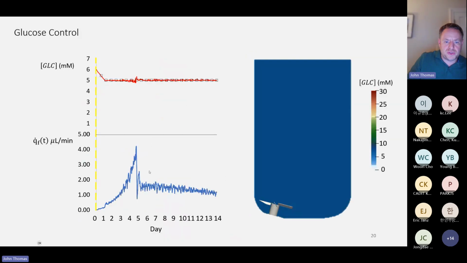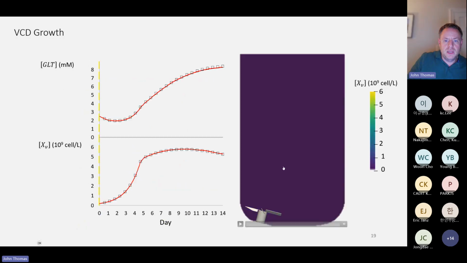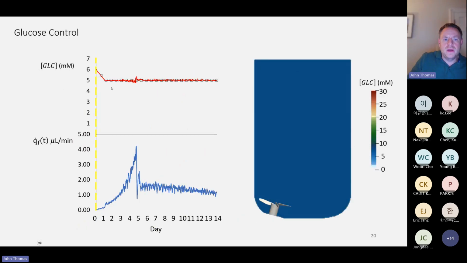Likewise, for the glucose control, now let me go back here and play this movie. Sorry about that. We can see how this is our target value shown in black, and the red, that's what the controller is achieving. That's what it's trying to achieve. This is the response. This was the flow rate put into the vessel over time that was required to achieve